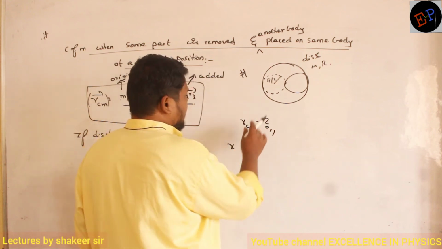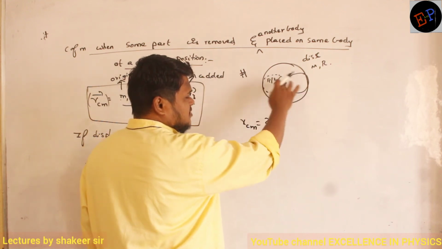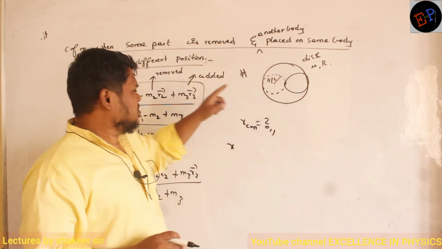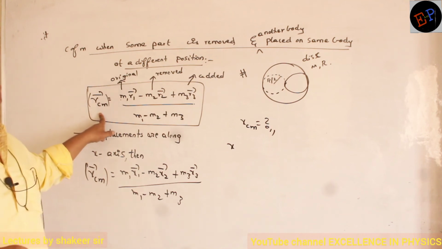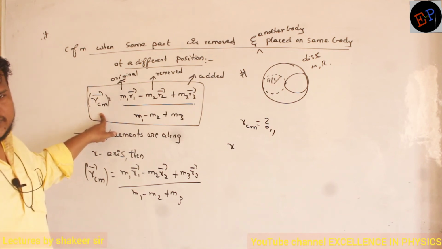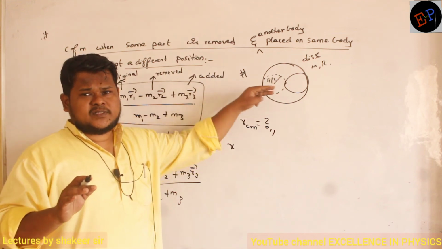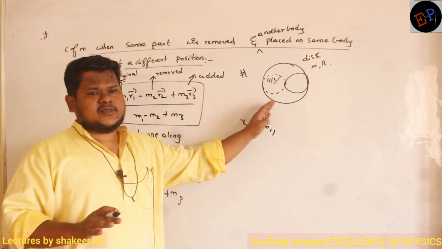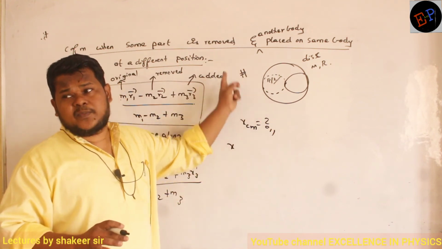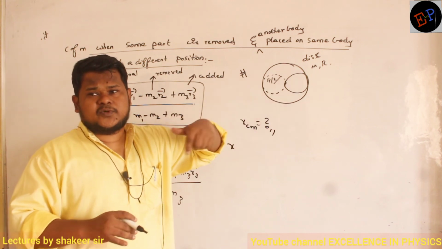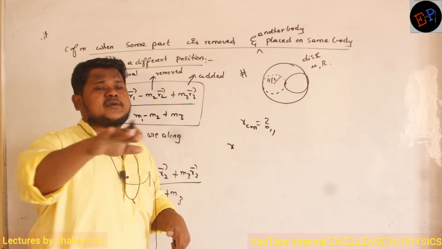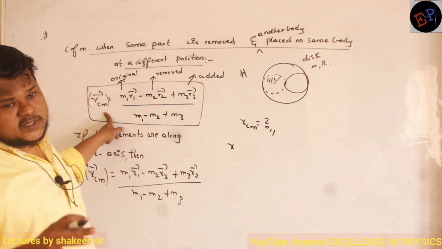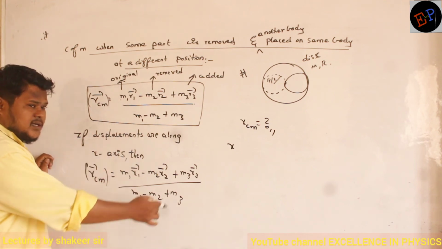So see, all the displacements and cuttings are happening along the x-axis only. We are cutting the disc along the x-axis, we are placing on the x-axis also. So you need not use the equation of r center of mass. The position vector you need not use, because the position of center of mass doesn't change along the y-axis. It changes only along the x-axis, because displacements are along the x-axis only. So you need not calculate r center of mass or y center of mass. You calculate only x center of mass.